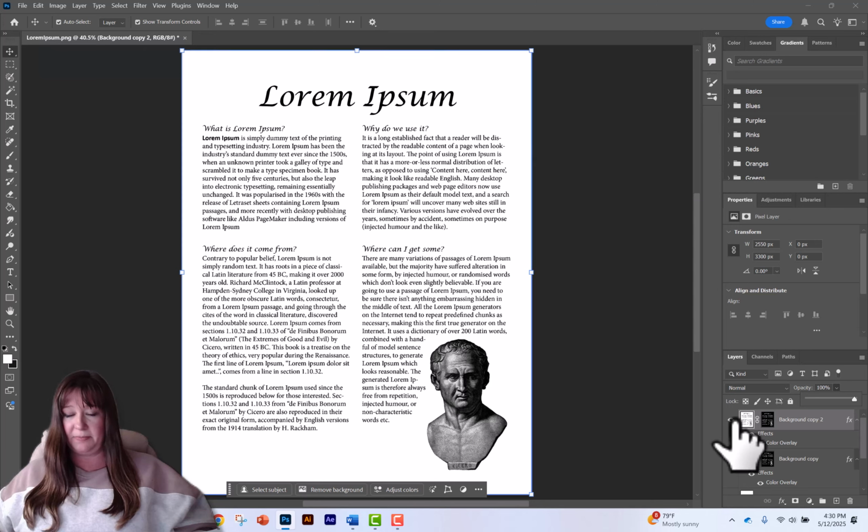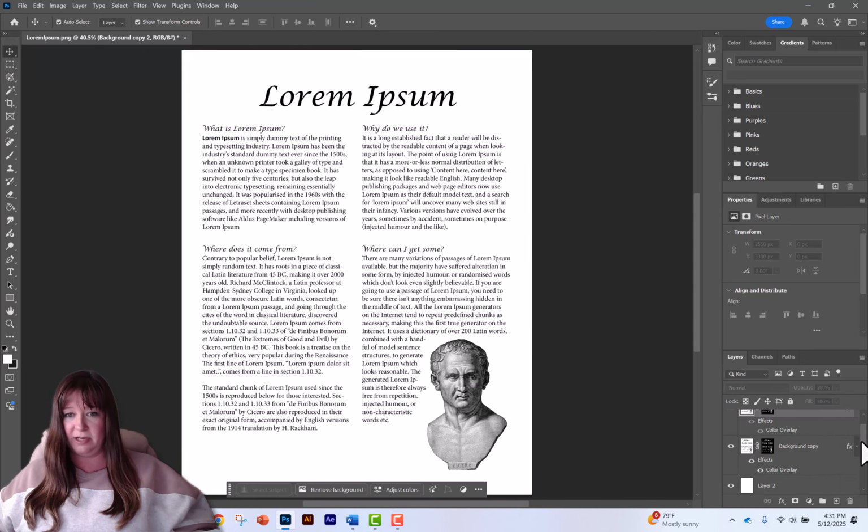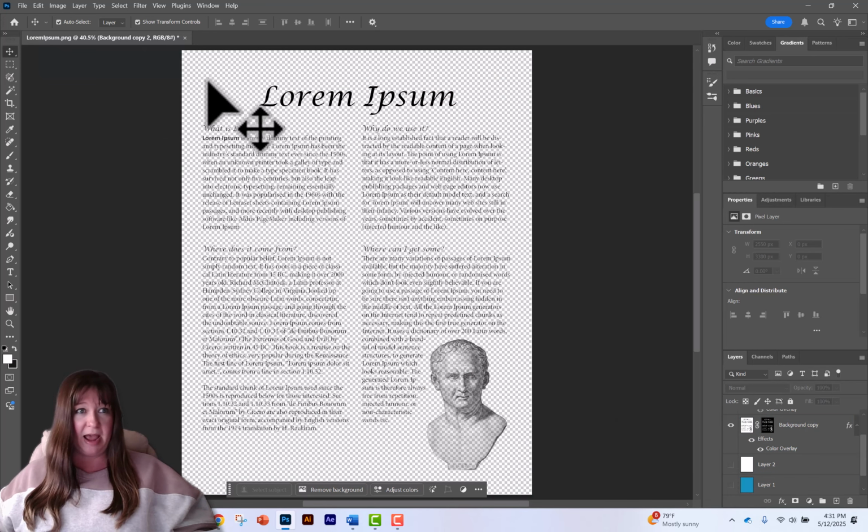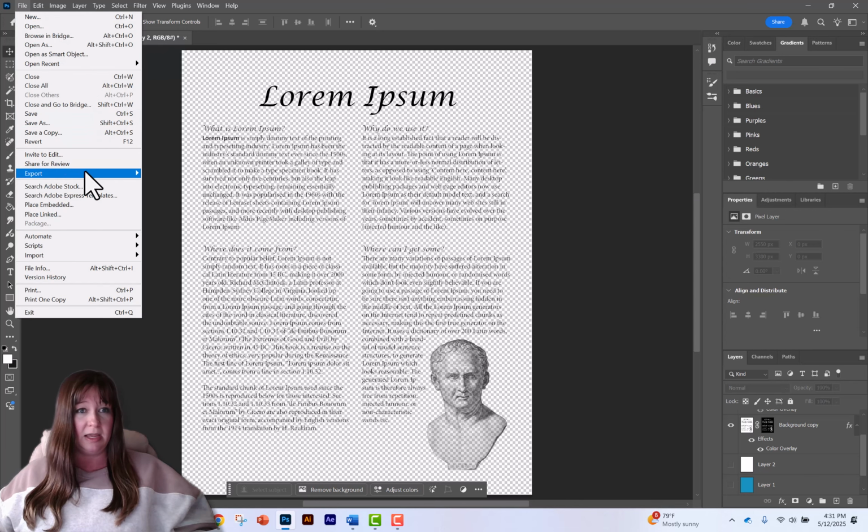But in this case, I'm just going to turn that off. We don't need two different layers. We can just keep the one. We've got to turn off our background. So now when we go to File, Export